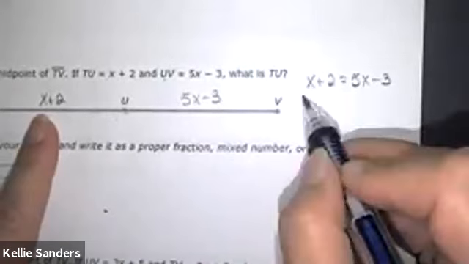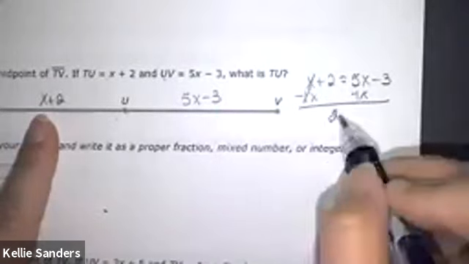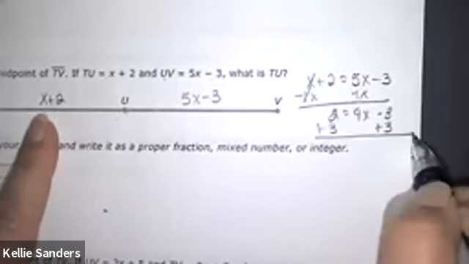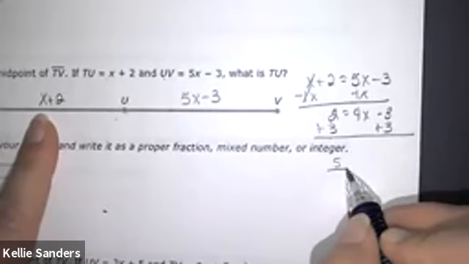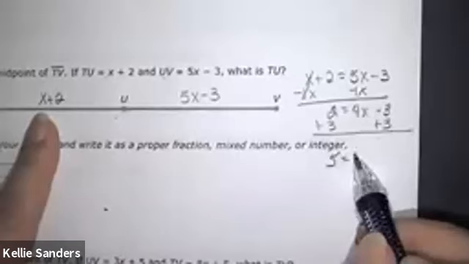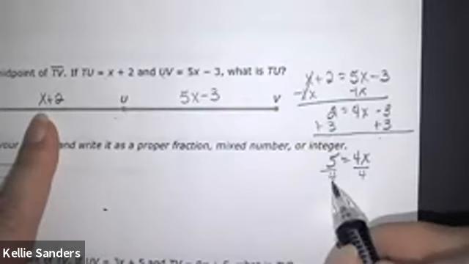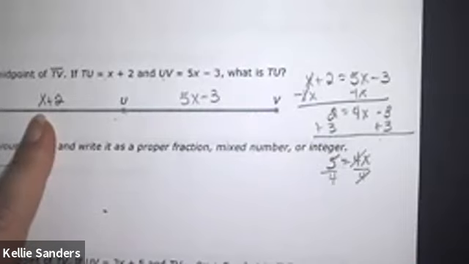1x is smaller than 5x, so I'm going to move it over. Bring the 2 down. 5 minus 1 is 4. Bring the negative 3 down. Add the 3. You aren't going to like this one. 2 plus 3 is 5. Bring the 4 down. What do we do to be able to get rid of the 4? We divide. 5 over 4 is finished because nothing goes into 5 and 4. We can't reduce it. It is reduced. So,